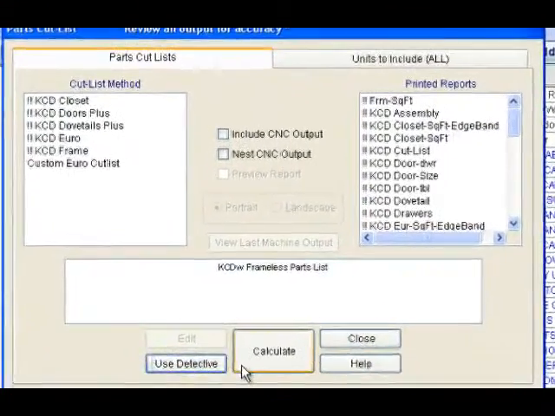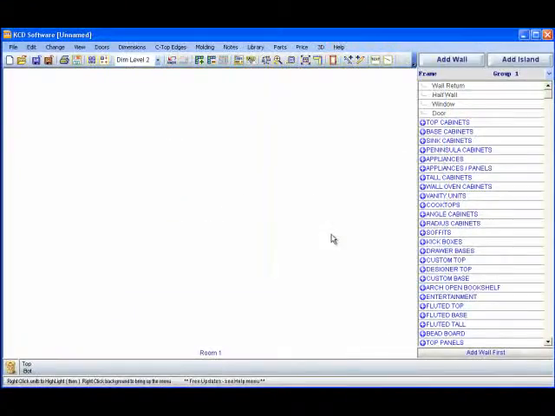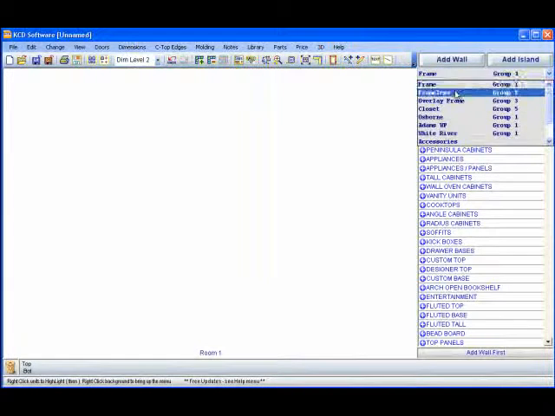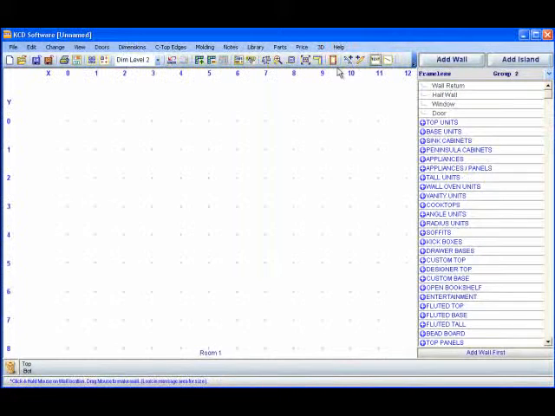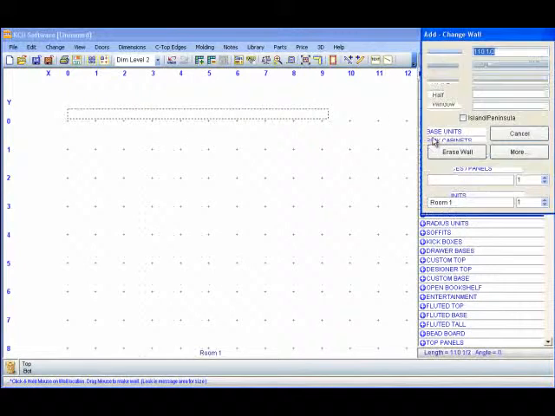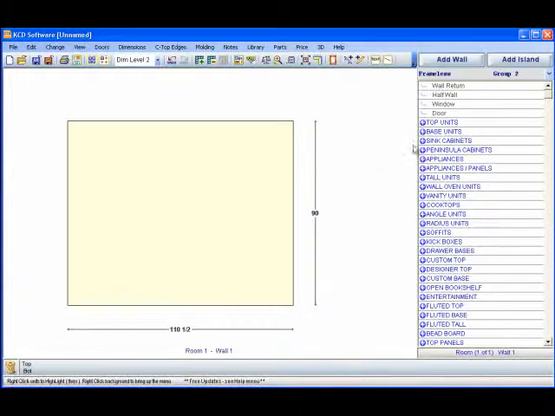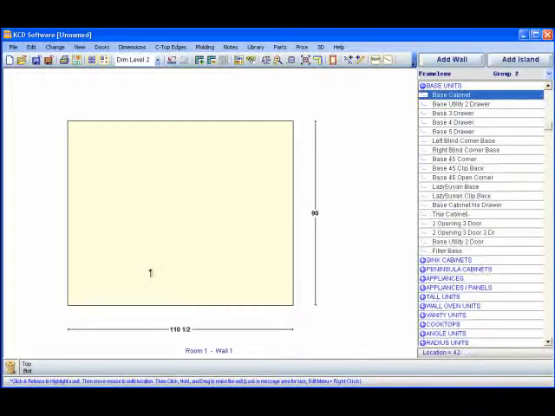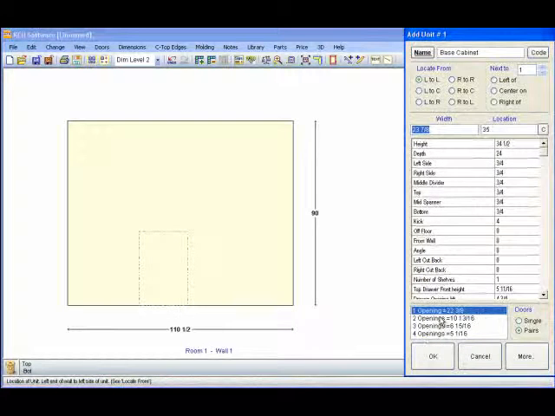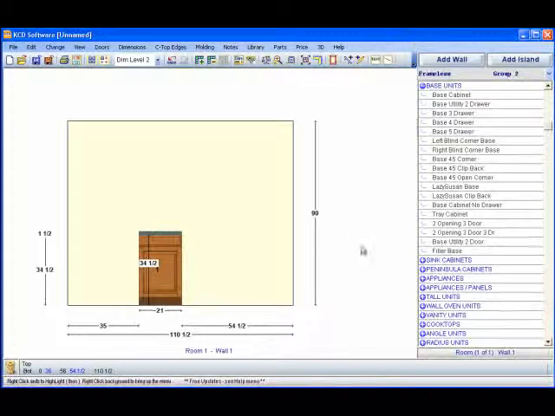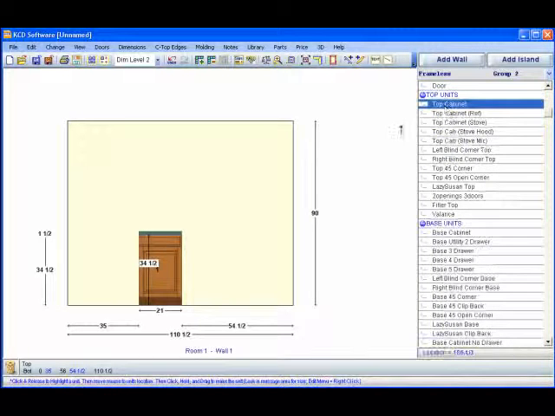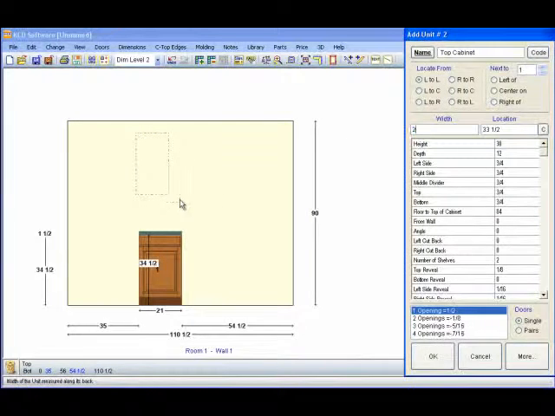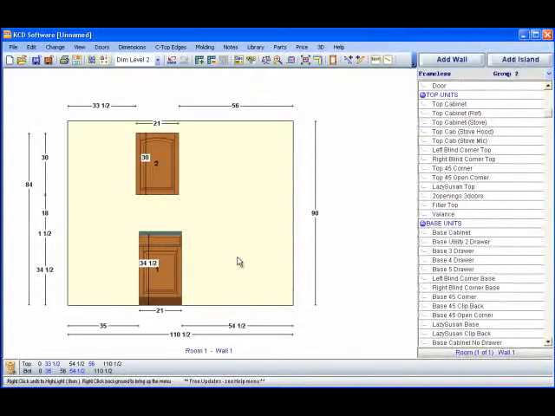To test what I just did, I can come over here, close, change it to the frameless construction, add a wall, and I would want to put up a simple base cabinet, a specific size, so that we don't have to do crazy math. And then we could go to top units. Let's go 21 on that. Click OK. And now remember, we want to make sure we remember what the size of these are